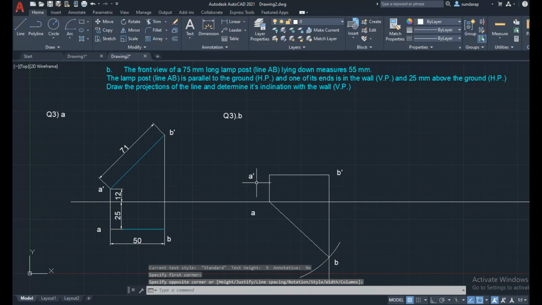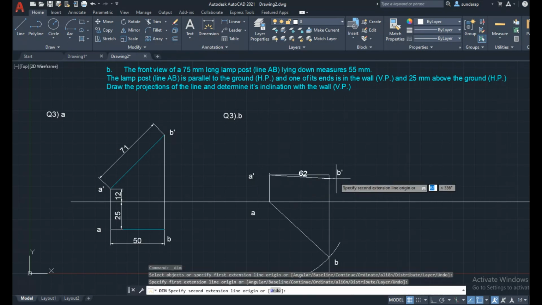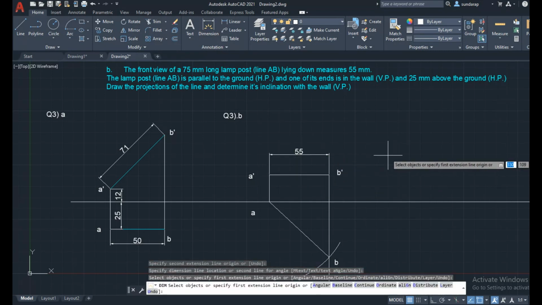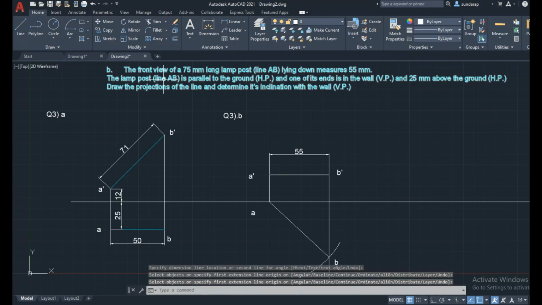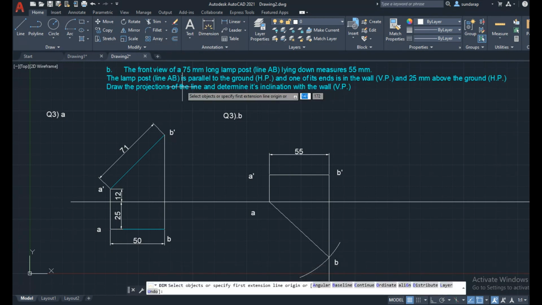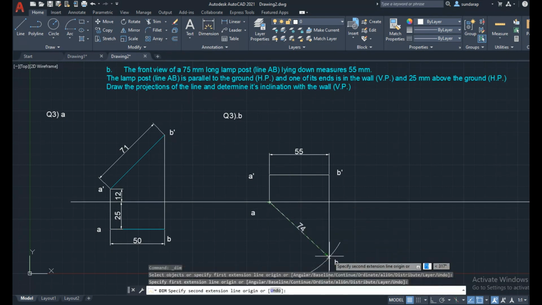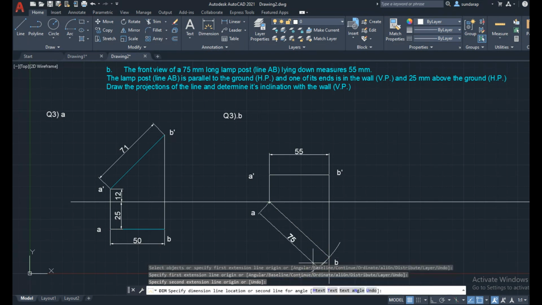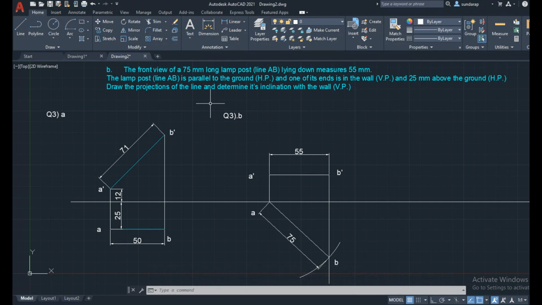Now we have the front view a dash b dash measuring 55 mm, and in the top view we obtain the true length of 75 mm. The question is to obtain the projections of the front view and top view of the line, and find the inclination. Here you can use the angular dimension.